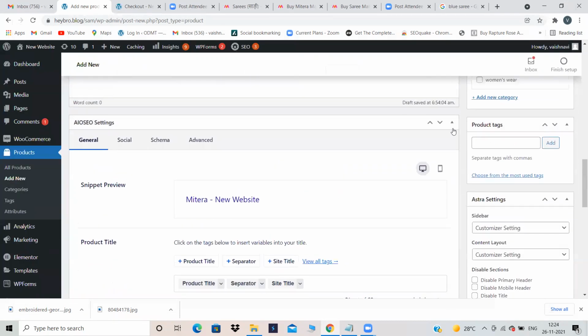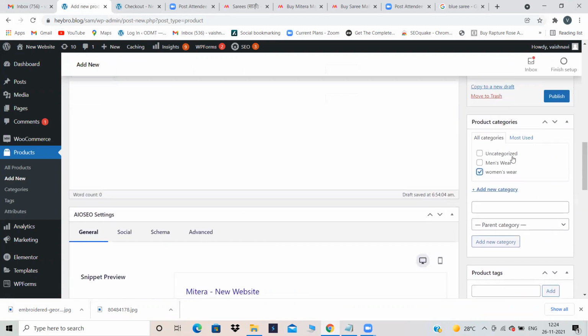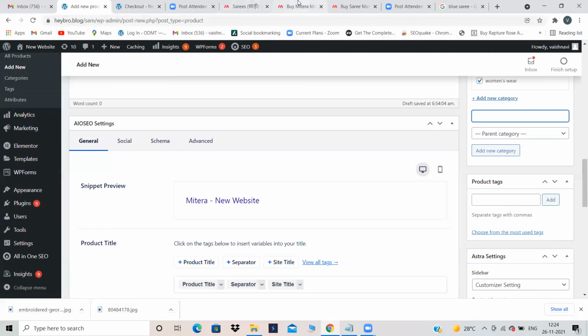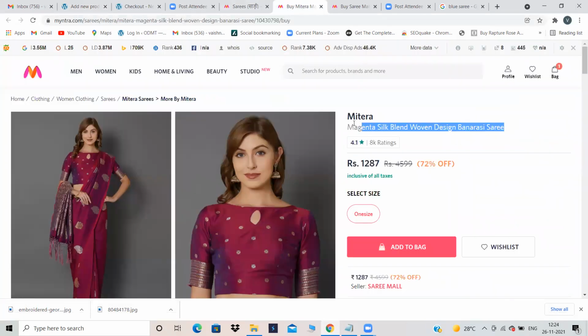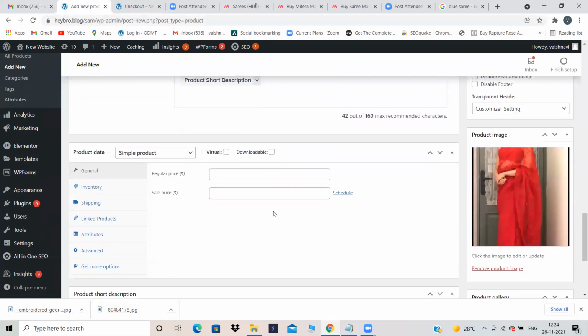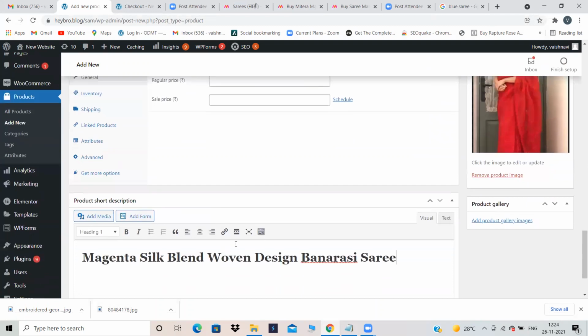You can give the product category, tag. Category: women's wear. Then we need to select the product data as variable product.